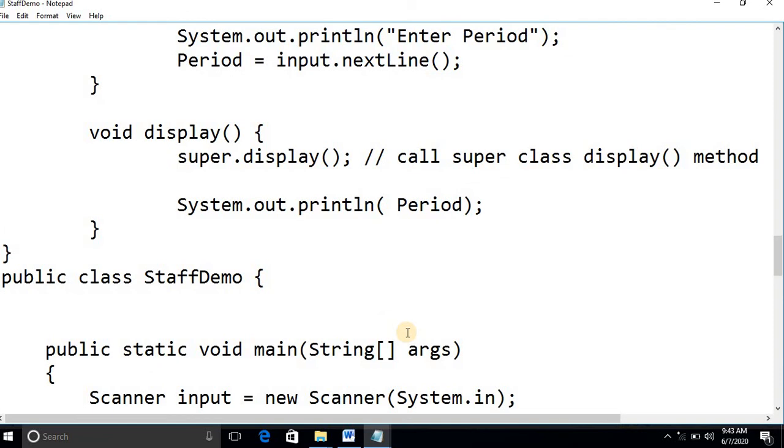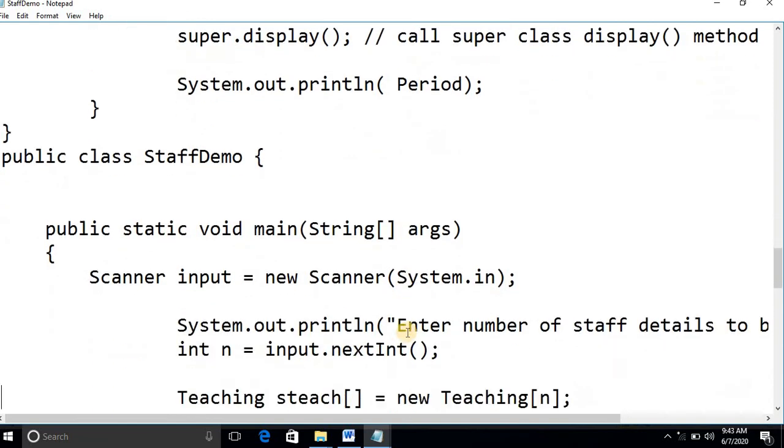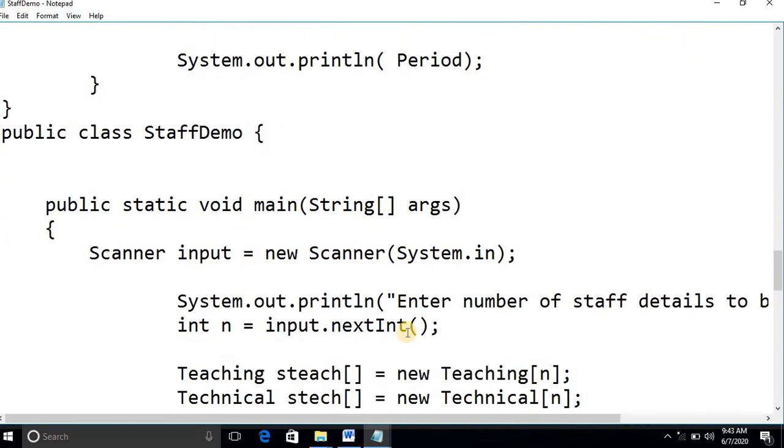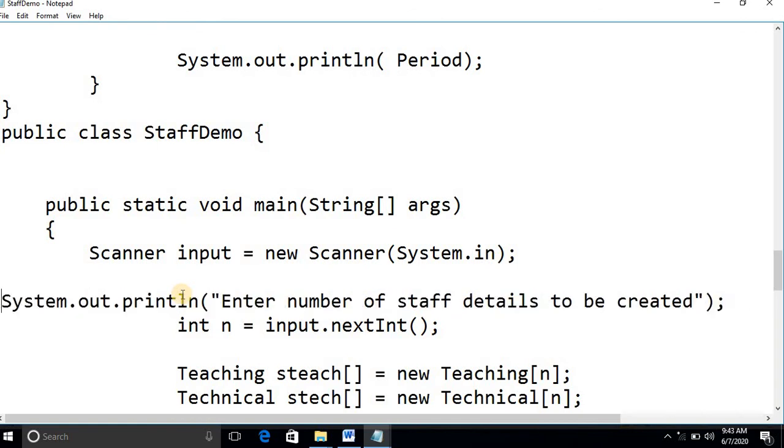Now come to the main program. In the main program, they asked to display at least 3 staffs. So I'll enter the number of staff details you need to create. System.out.println, enter the number of staff details you need to create. So I'm reading the number of staffs.